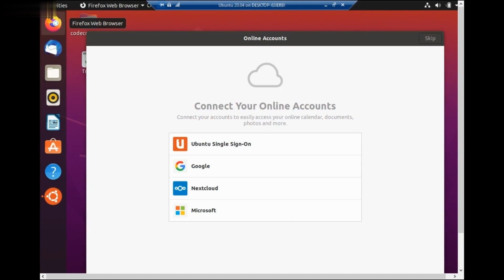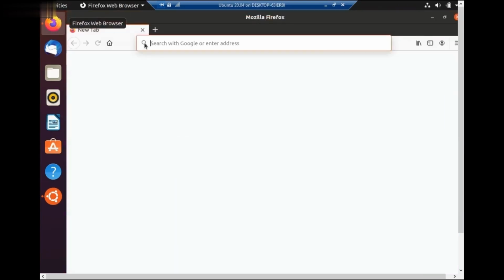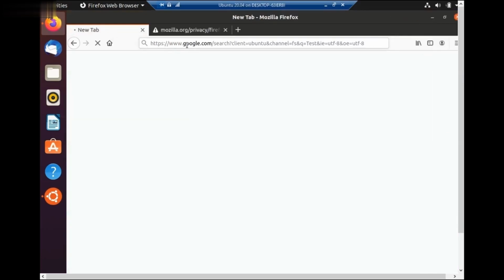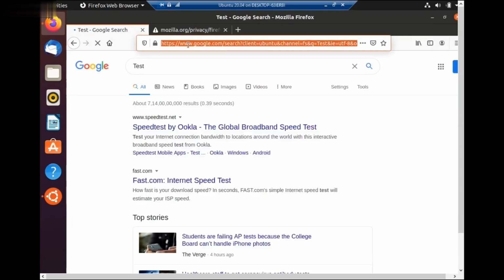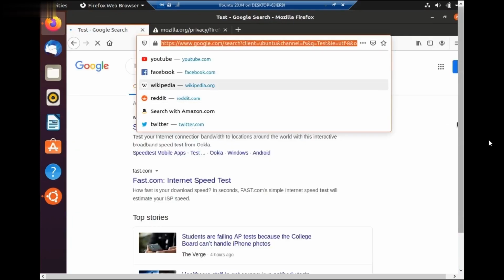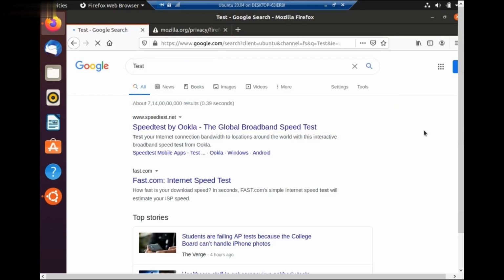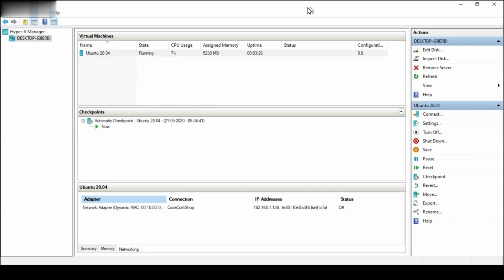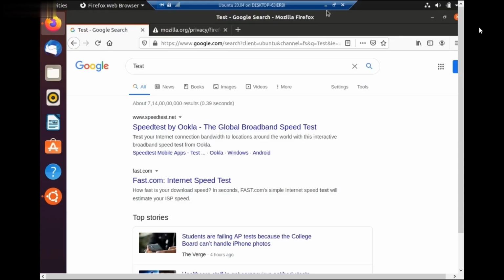So I will Google something inside Firefox. Now you can see that I am able to search some text over the internet, which indicates that now I am able to connect with the virtual machine.